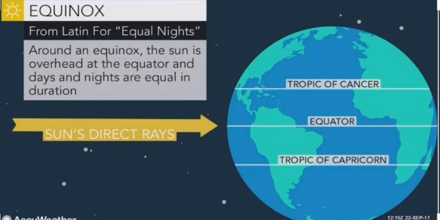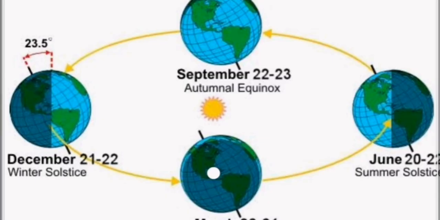The sun's rays are directly coming towards the equator. So the night and day will be equally distributed. You will have 12 hours of night and 12 hours of day. Is it clear? So the direct rays of the sun fall where? On the equator. So at this point, neither of the poles is tilted towards the sun. The whole earth experiences equal days and equal nights. This is called equinox. Is it clear? So when you have equal days and equal nights, it is called your equinox.